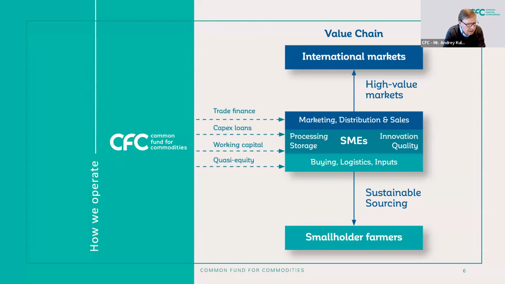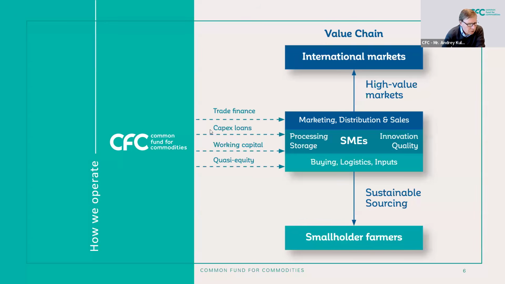So the key message here is that in our typical projects, the value for the target beneficiaries is not created so much by the money provided by the CFC, but it is created by channeling the value from the markets to the primary producers of commodities. In this sense, we understand the CFC contribution as a catalytic function to make sure that the commodity value chain contributes to everyone.